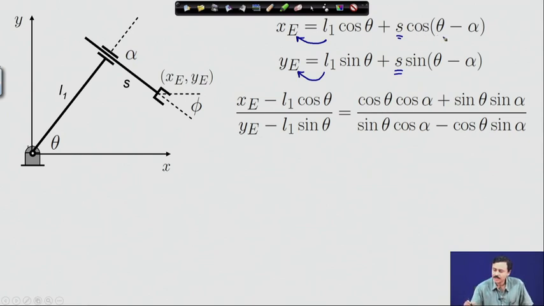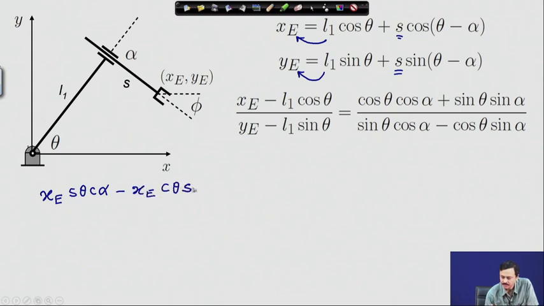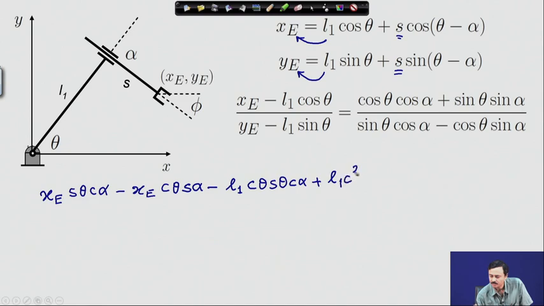I have opened up cosine theta minus alpha and sin theta minus alpha, as you see here. Now, I am going to simplify this expression as follows. So, I can write x e sin theta cos alpha minus x e cos theta sin alpha minus L 1 cos theta sin theta cosine alpha plus L 1 cosine square theta sin alpha, and that must be equal to